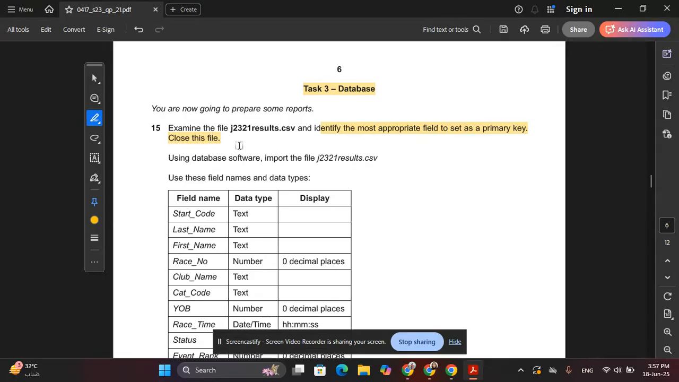Now, guys, when they ask you to examine the file, it means that you have to open the file, have a look, and try to understand the data types that have to be included for each field, and then try to figure out which field is the most appropriate field to choose as a primary key. Now I'm just going to give you a refresh